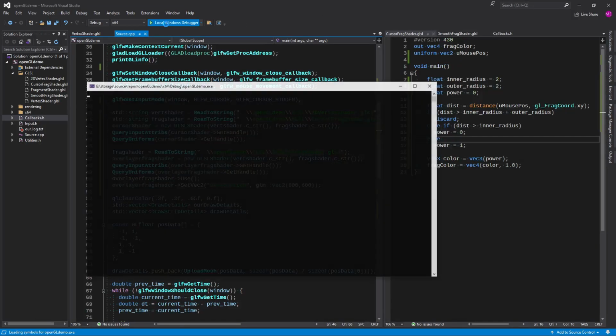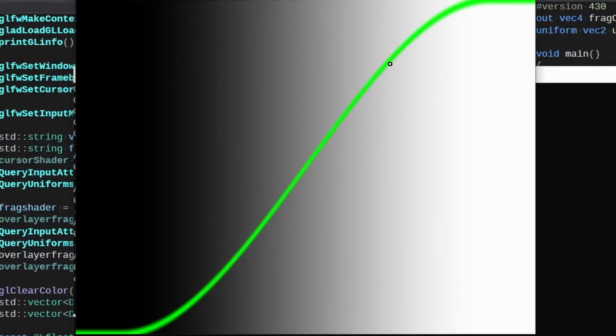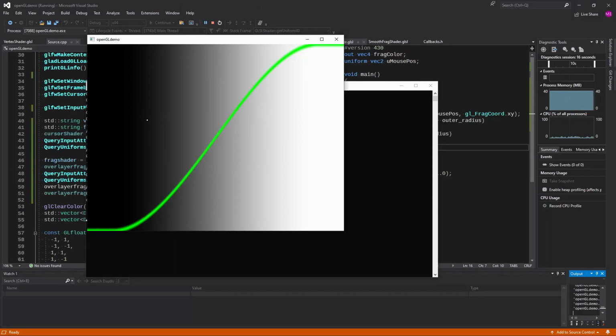If I go to my program and run it, you'll see I've got my new cursor, which now checks two radiuses so I can get a black and white dot. That way you can see it on either background, because if it was white you couldn't see it over here, and if it was dark you couldn't see it over here. So something like this might be better. As you can see, we've implemented their little algorithm and it works fine,